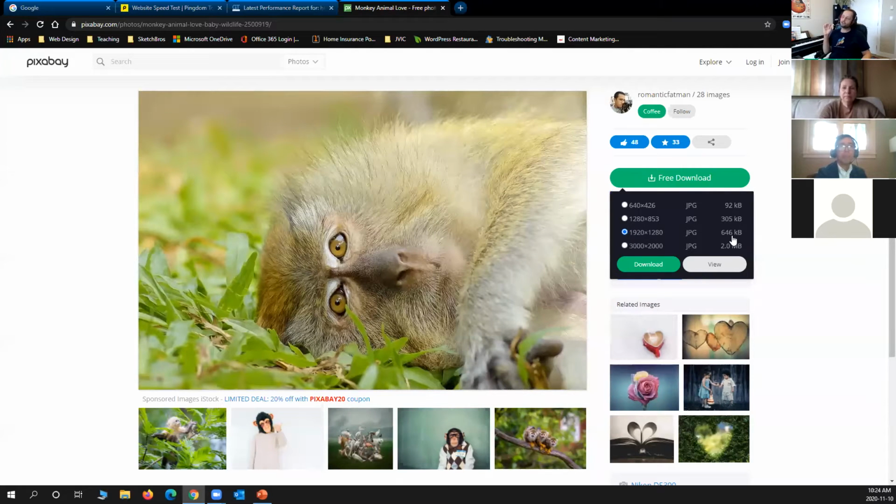Now, if I want to use this as only a slide that comes in next to some other slides, the actual size that I need for this image is not 1920, it's 800 by 600 pixels. It's not this much, it's this much. Now, yes, I can import the same 1920 by 1280 image onto my website and then make it appear smaller. But why? That only slows my website down.